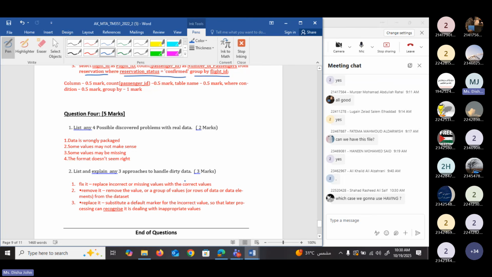Here we need to check the condition for every row. That means we need to check the reservation status of each passenger, the status of each row. Then we need to use where. But if you want to check the condition for a group, for each group in the table, then we need to use the having clause. Clear?